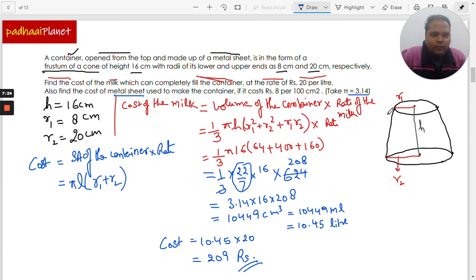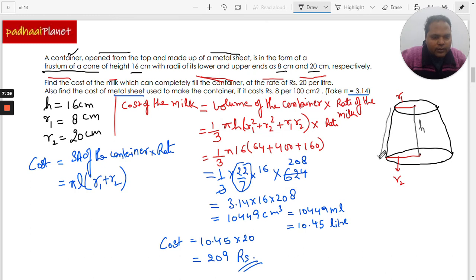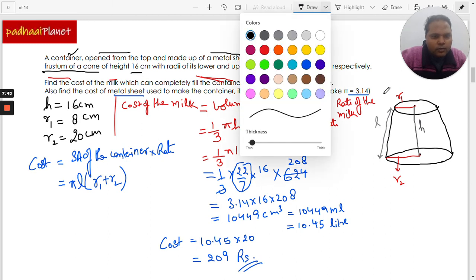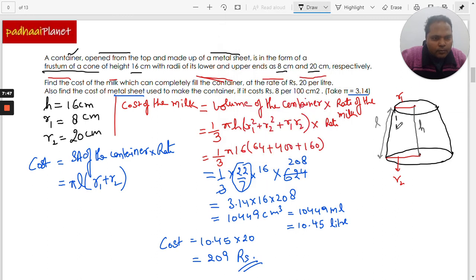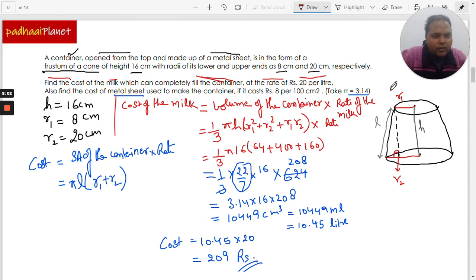Now to find out L, let's focus on this shape, and L is going to be this, right? From this point up till this point, that's the slant height of the cone. Now to find that, let us drop a perpendicular from this point up till this point. So we have got a right angled triangle. This is the right angle, and suppose this point is A, this is B, and this point is say C. So in the right angled triangle ABC, we can write with the help of the Pythagoras theorem